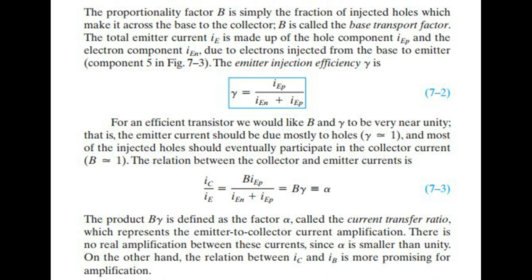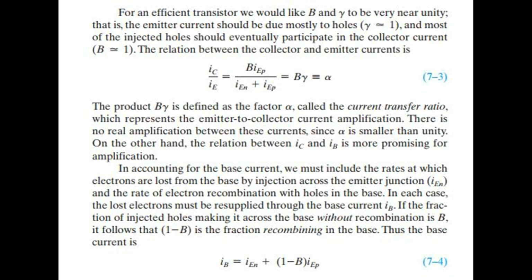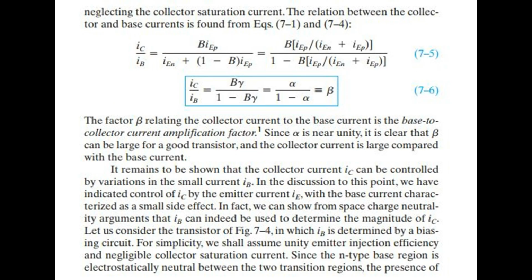On the other hand, the relation between IC and IB is more promising for amplification. In accounting for the base current, we must include the rates at which electrons are lost from the base by injection across the emitter junction, IEN, and the rate of electron recombination with holes in the base. In each case, the lost electrons must be resupplied through the base current IB. If the fraction of injected holes making it across the base without recombination is B, it follows that 1-B is the fraction recombining in the base. Thus the base current is: